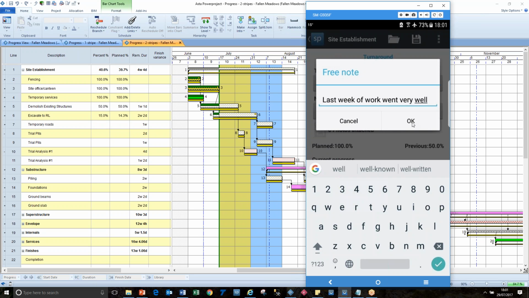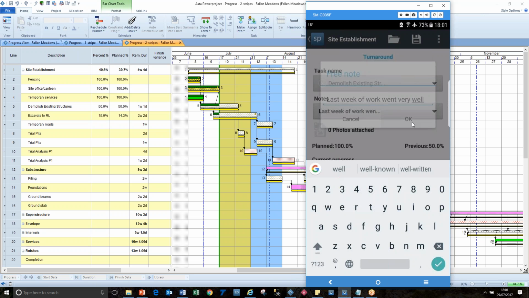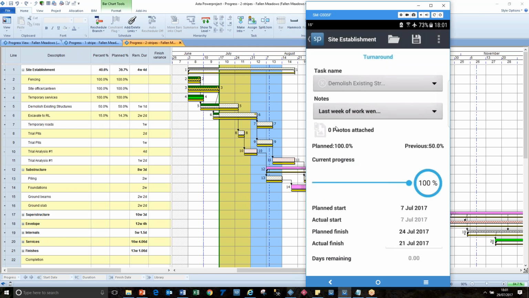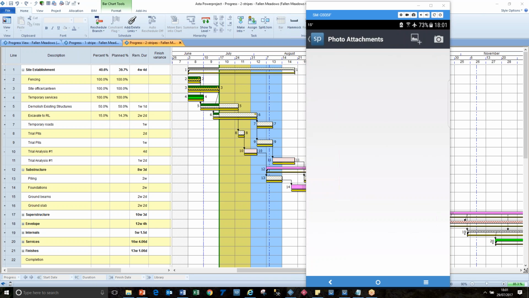So unless you've got a phone with a little microphone and you can talk to it, and it'll translate. But the other thing you can do is you can take a photograph. So if you tap on this icon here, as you'll see in a minute, it will lead to the camera on the phone. So if I tap on that icon, it leads to the camera. So if I've already taken some photographs, I can recover them from my photo gallery here, or I can click on this icon to take a new photograph, and that's what I'm